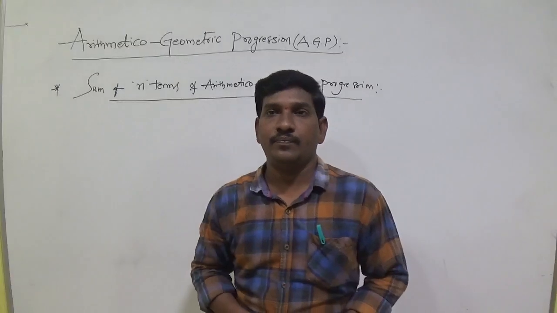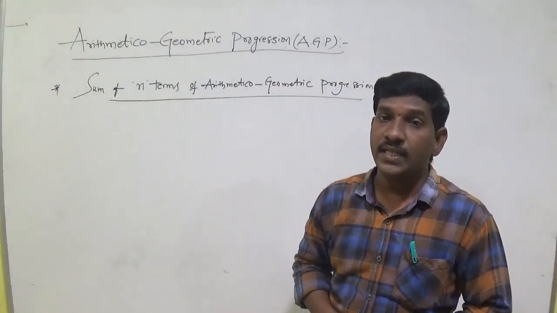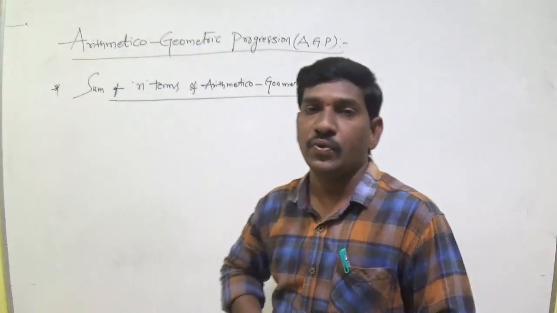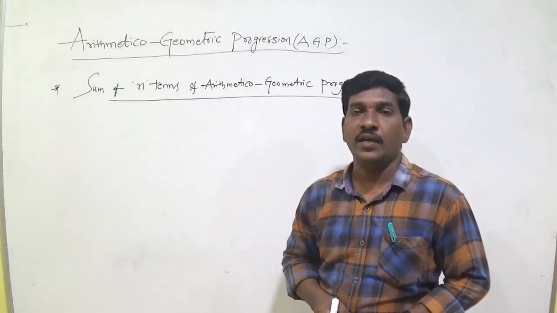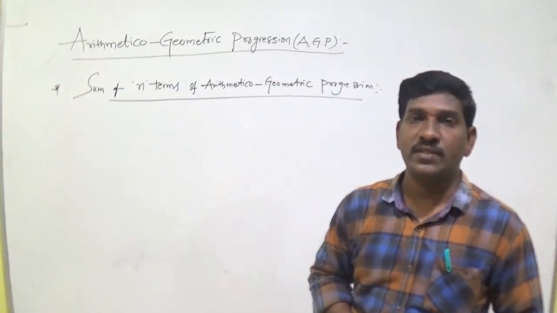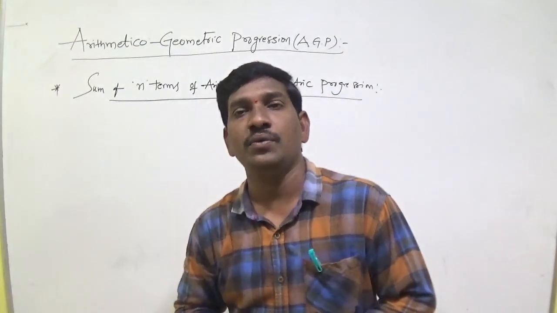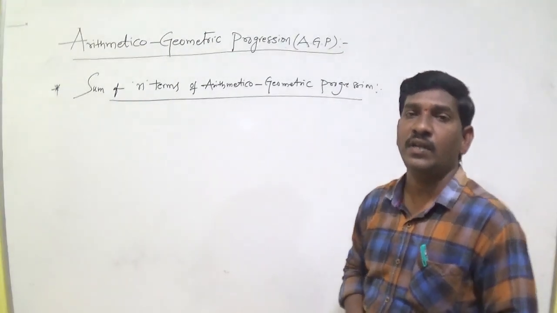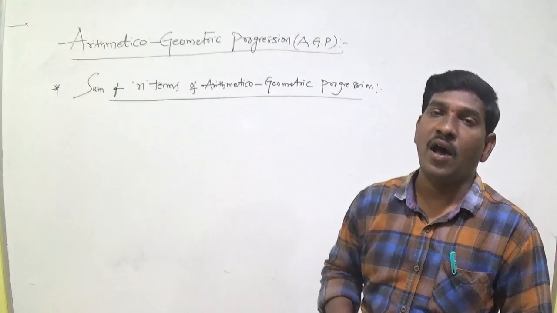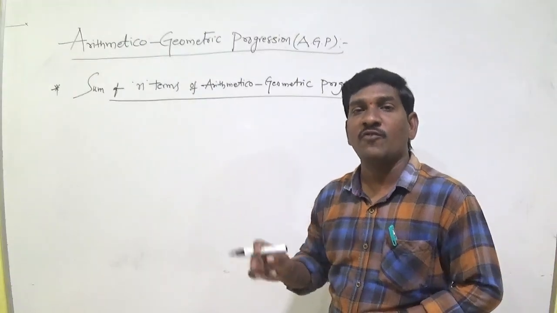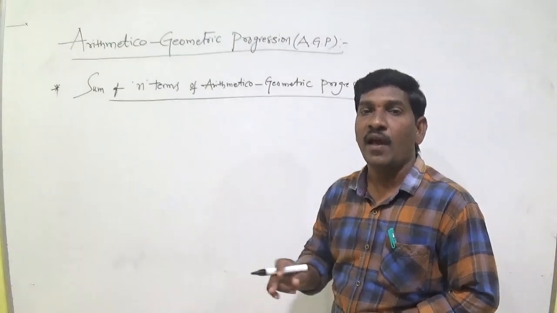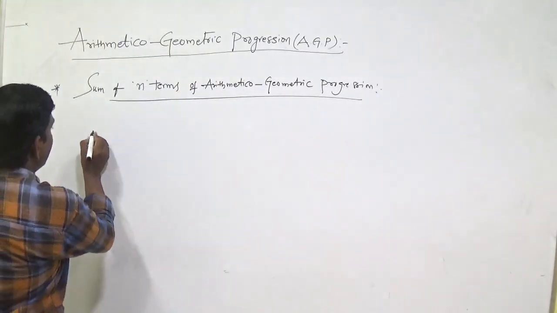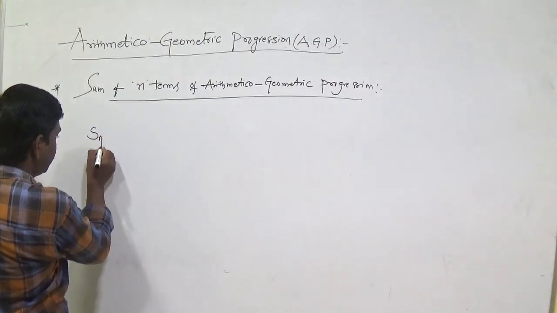So we know that the sum of n terms in AP, Sn equal to n by 2 (2a plus (n minus 1) d). In GP the sum of n terms, Sn equal to a into (1 minus r power n) by 1 minus r, or Sn equal to a into (r power n minus 1) by r minus 1. So we have a formula. Then Sn equal to